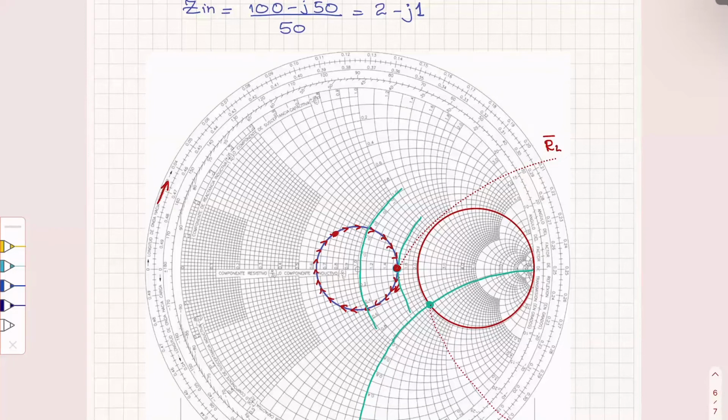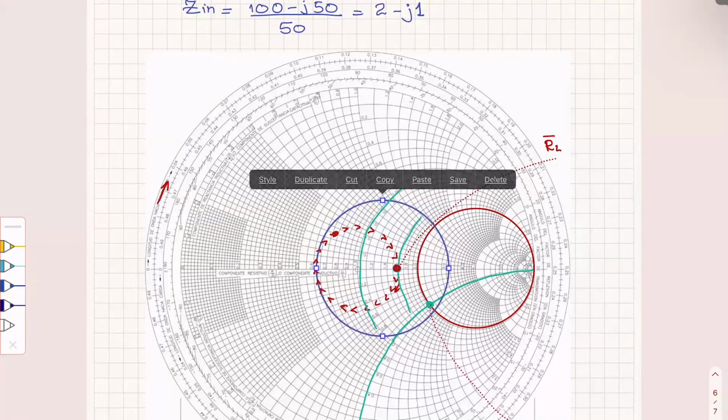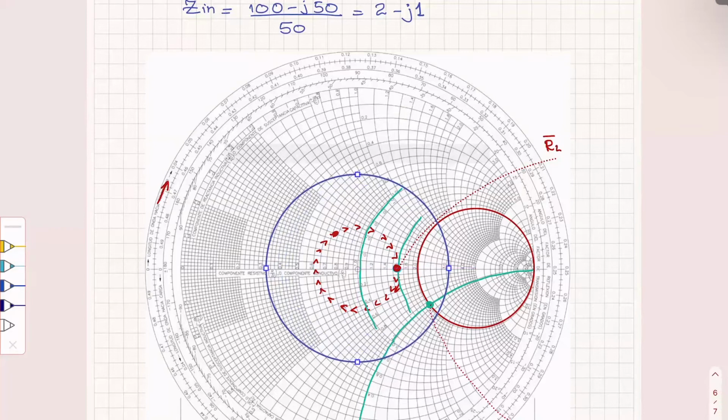One way to overcome it is to say, okay, what if I don't make the line 50 ohms, but I make it something so this circle that I have here becomes bigger. If this circle becomes bigger, like this, then practically there are points on the circle, and especially the ones that intersect with, so let me erase those for a moment. Let's assume that my circle becomes bigger, of course the point has to change, but let's assume that I have a bigger circle,